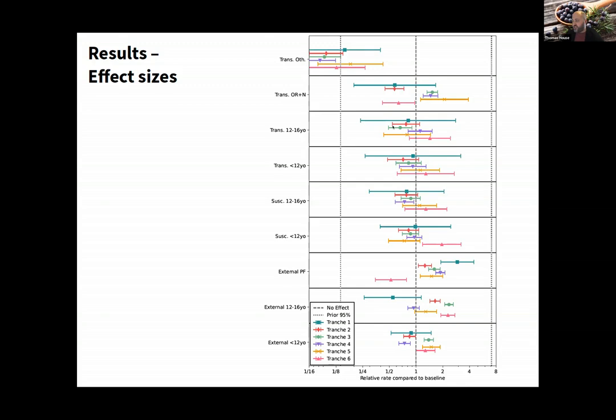Then we don't see very strong effects of transmissibility or susceptibility by age, except when we were not vaccinating kids, right? So what's the difference here with the susceptibility of under 12s in tranche 6? Well, they were the people who were not vaccinated. So they were more likely to get infected than other ages. That's the time we see a really clear effect size, right? So this is why I think the vaccines explain a lot of this pink thing here. Then working and patient facing, again, this is why I think the vaccines are relevant: working patient facing was always more risk of bringing infection in until post-vaccination, right?